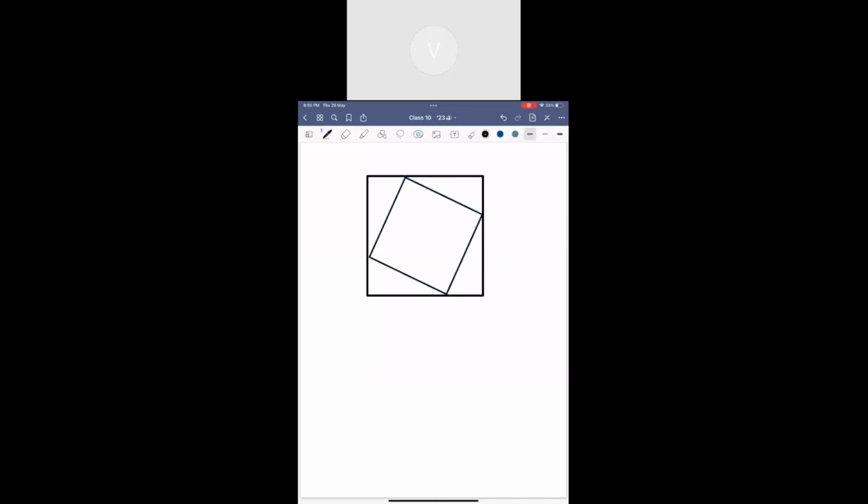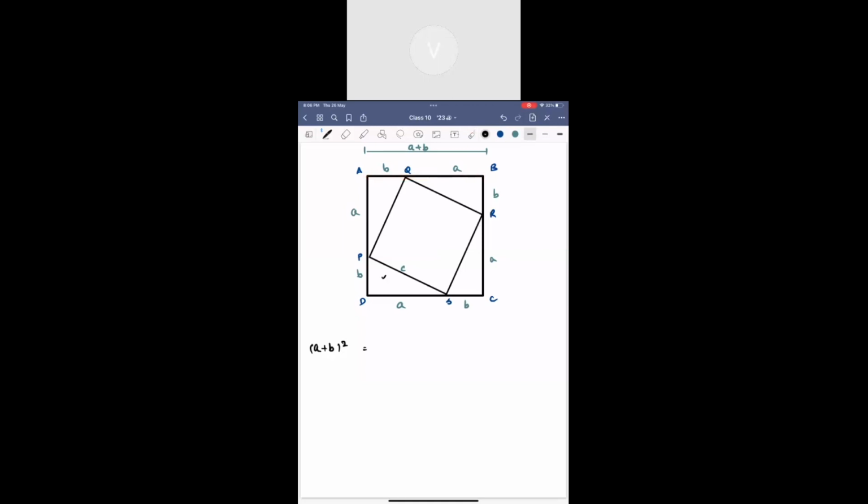Like this. Let's say the two shorter sides are A and B. So A, B, A, B, A, B, A, B, correct? Now, what is the length of the side of the bigger square? It is A plus B units. Think about this. The area of this big square is going to be A plus B whole square, side squared,